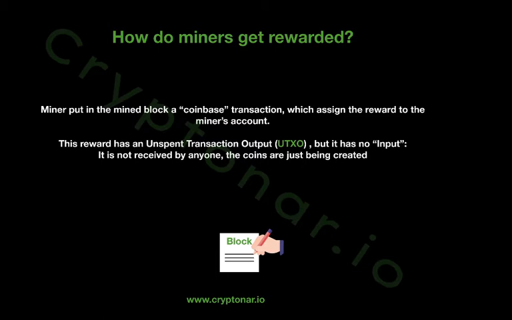that doesn't come from anybody, so it has no input. You guys remember last week we saw the unspent transaction output, that for every input there are some outputs that are created. Some of them are change, some of them are spent. So the miner can put a transaction and say, hey, give me whatever is the reward for that block. But it doesn't need to have an input. It doesn't need to come from anybody. So this is the way that Bitcoin is created.